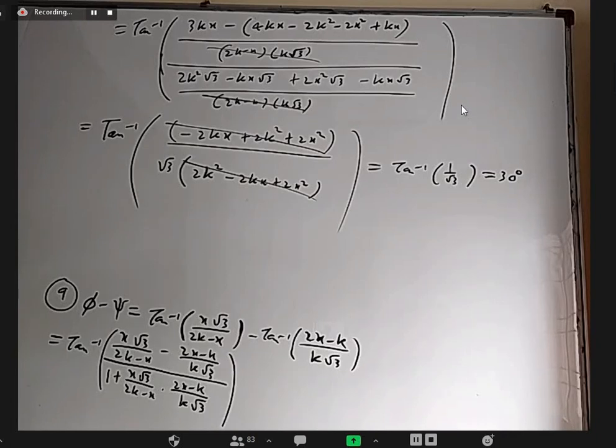Anybody want to tell the answer for the 10th question without writing anything? Sir, pi by 2? Why are you saying pi by 2? Sir, tan inverse lambda plus tan inverse 1 by lambda. So tan inverse 1 by lambda, we can write it as cot inverse lambda. So tan inverse plus cot inverse is pi by 2 for all real numbers. Yeah, tan inverse lambda plus cot inverse lambda is pi by 2, I'll agree. But tan inverse 1 by lambda need not be cot inverse lambda. Yes, sir, for lambda not equal to 0. Apart from 0 also.